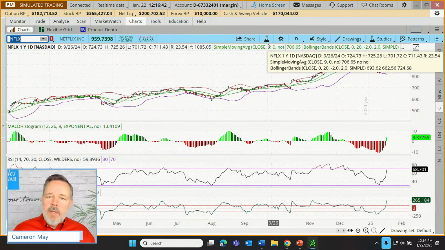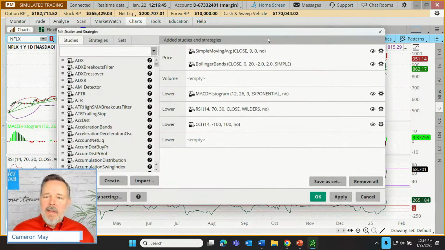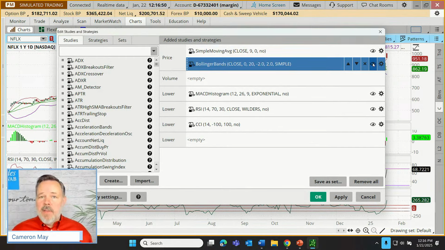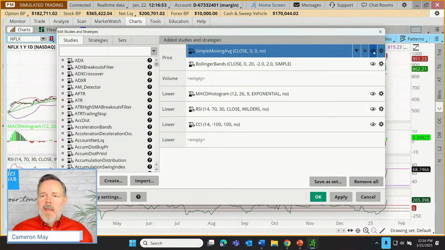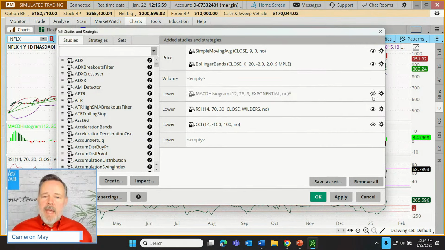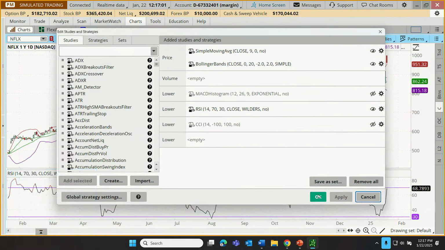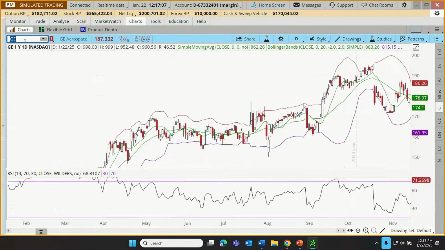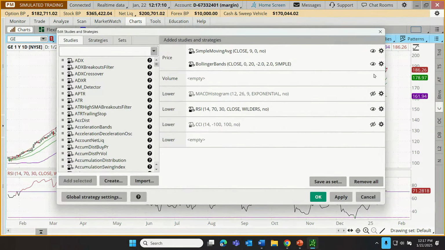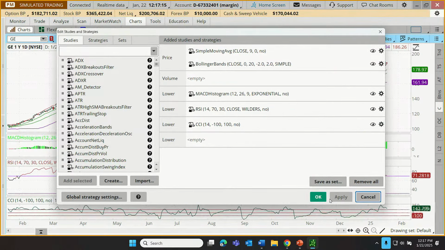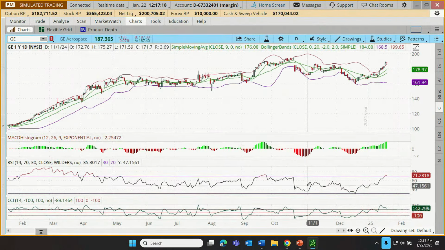Well, what they might choose to do is go back up here to the Edit Studies icon, and each one of these studies, now, this is a relatively recently introduced feature on Thinkorswim, just added in our last release, but we can now hide individual studies. So for example, let's say we want to take off MACD and CCI, let's apply that, and now we got a bit of a cleaner chart. And our trader moves on to their next stock, and they want to retrieve that MACD and CCI the way maybe they've set it up custom. They just wanted to hide it temporarily. Let's click Apply again and click OK, rather than having to reload those studies. You just hide them, add them back.